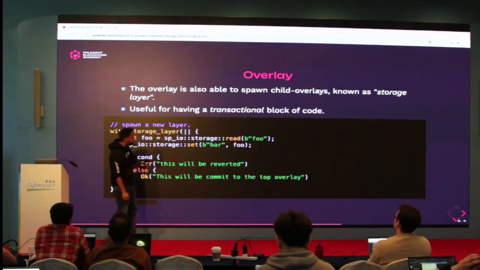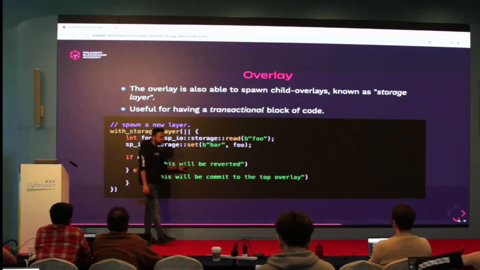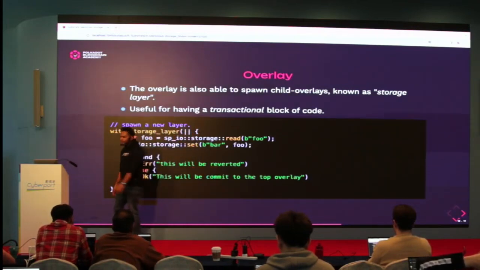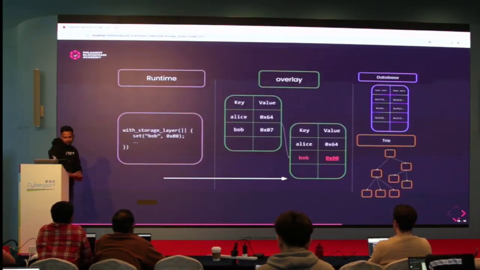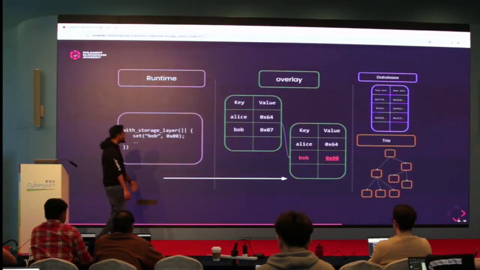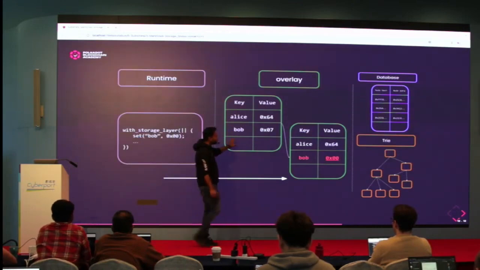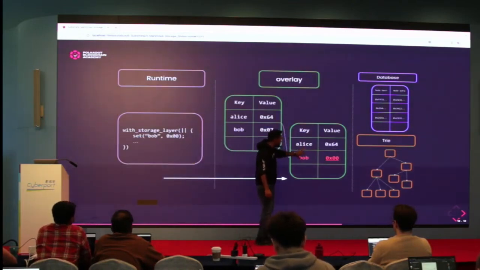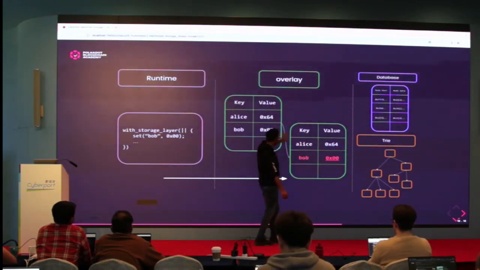Whatever you write within it, if at the end of it you return OK, those changes are committed. If you return an error, then those are reverted. An example is you write with storage layer, you do something, and what happens is it creates another child overlay which copies the first overlay and then makes changes there. And then it will be merged to this